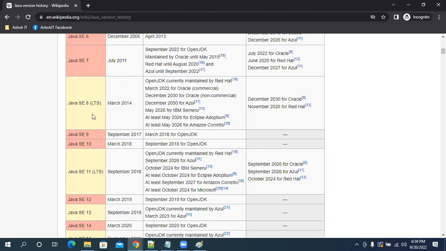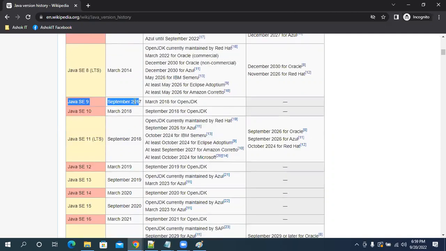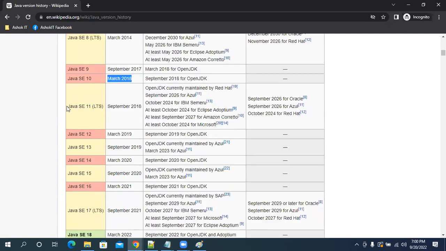Now, can you see when Java 8 came? March 2014. When did Java 9 come? September 2017. From here it started. Then in March Java 10 came. Then Java 11, September 2018.